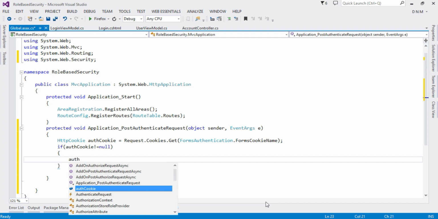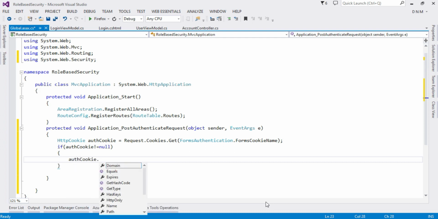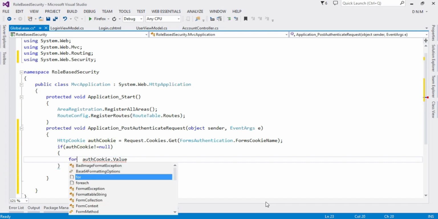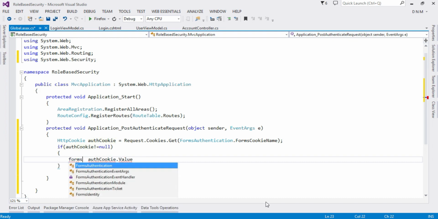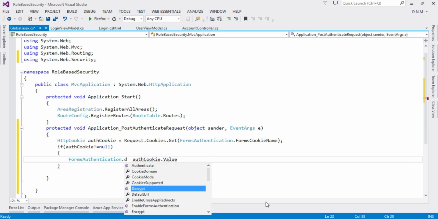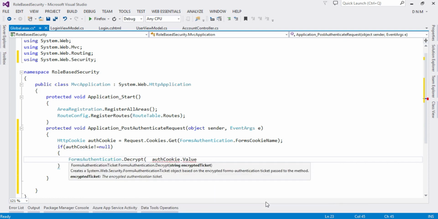So auth cookie dot value will give you a value stored in it, which is nothing but our ticket in encrypted form. So what will I do? I'll call the decrypt method of FormsAuthentication. So FormsAuthentication dot Decrypt. Then we provide the value of the cookie to the decrypt method,